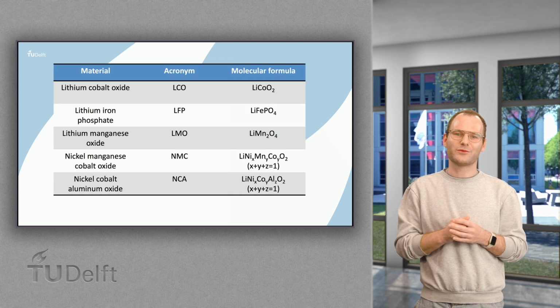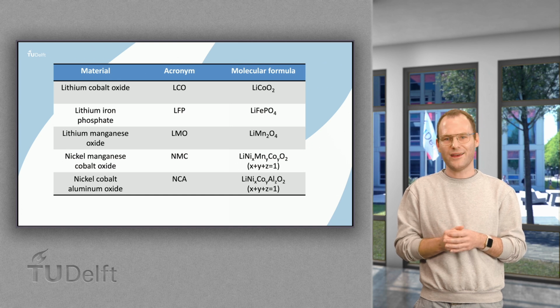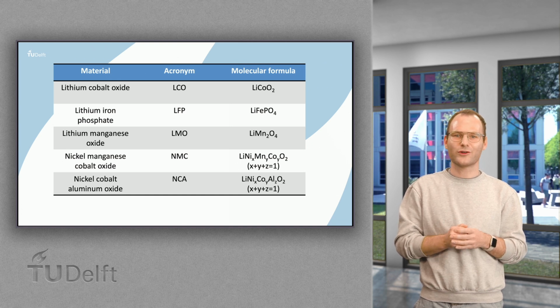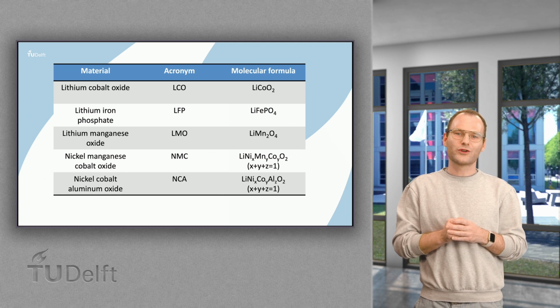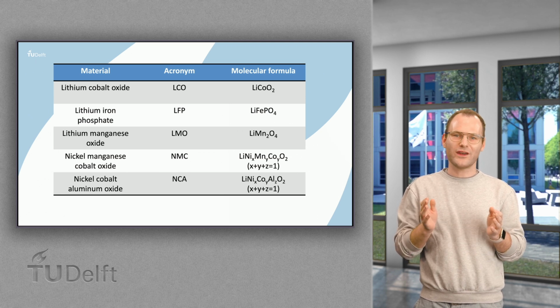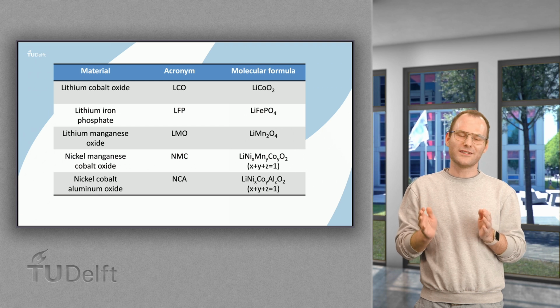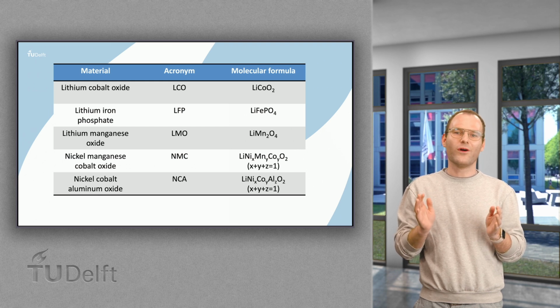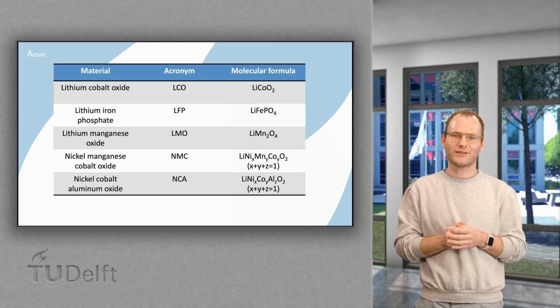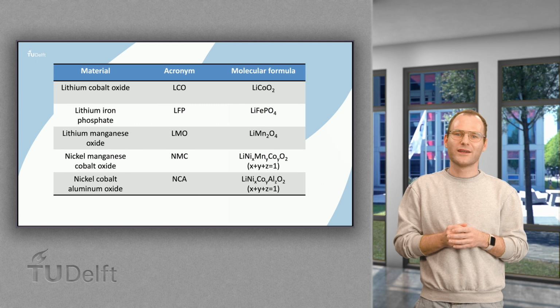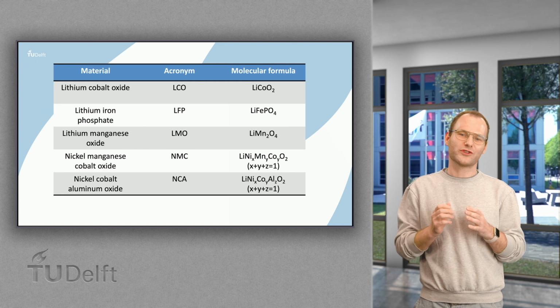A lot of research has been done on the cathode material. Although this type of cathode provides very high energy density, it lacks in cycle lifetime. And cobalt is an expensive metal that is considered critical by the European Commission. Later commercialized cathodes are iron phosphate, manganese oxide, nickel manganese cobalt oxide, and they all have their pros and cons. And they all have found their place in the market. Researchers are also looking at the use of sulfur or oxygen as cathode, but this is still far from commercialization.